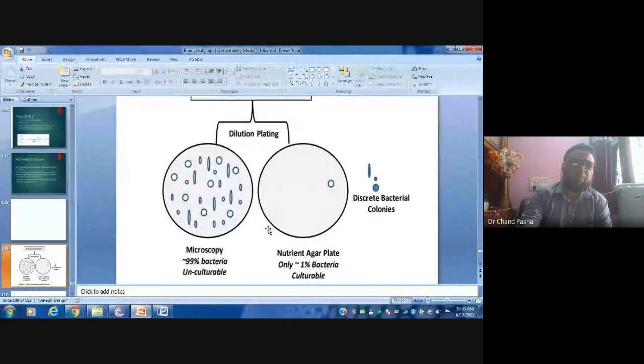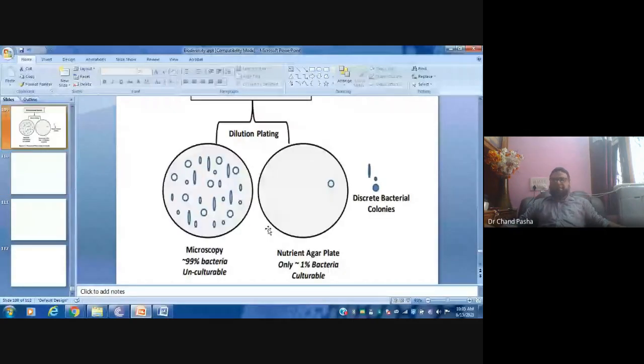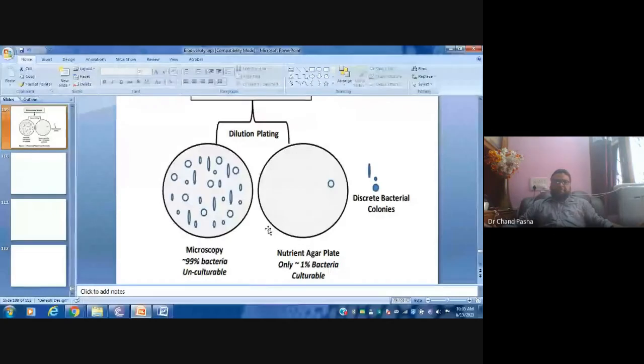A lot of work is yet to be done on unculturable bacteria. A group of scientists is trying to work out how best we can grow these bacteria, and another group is working on how we can explore the genes of these unculturable bacteria by constructing metagenomic libraries. Okay, this is about the reputation part and the great plate count anomaly. Tomorrow, whatever remaining parts there are, the fourth unit, I'll be able to finish.